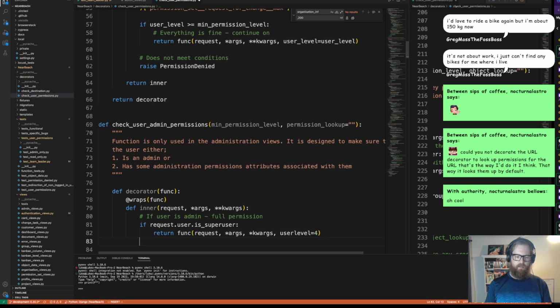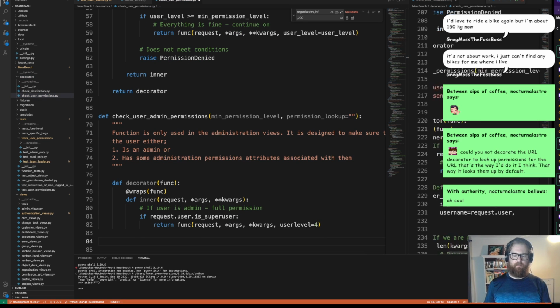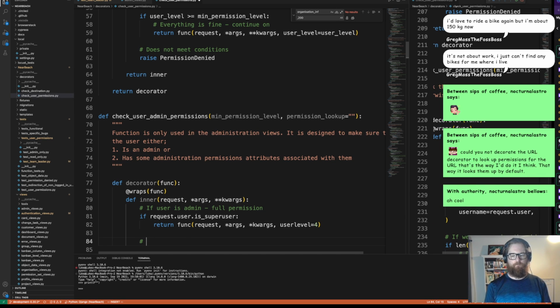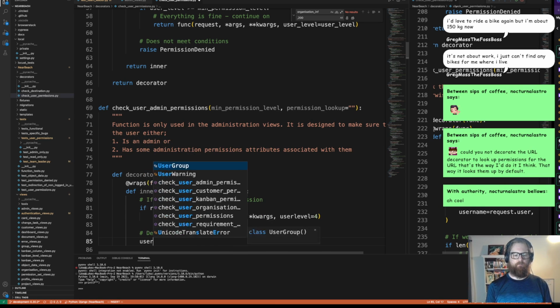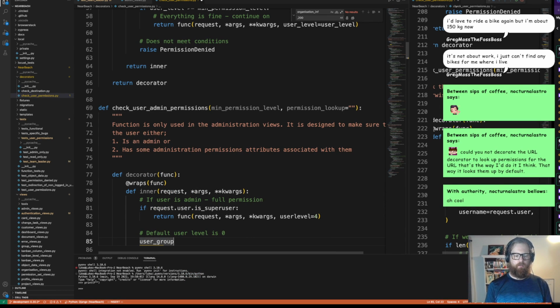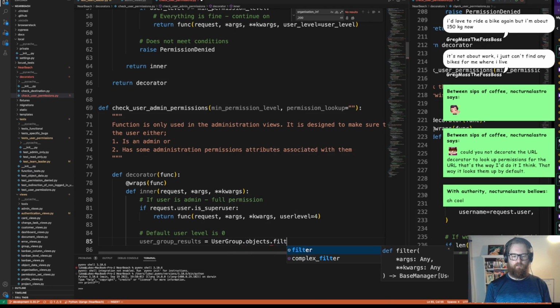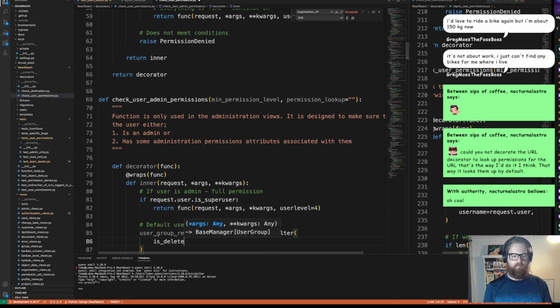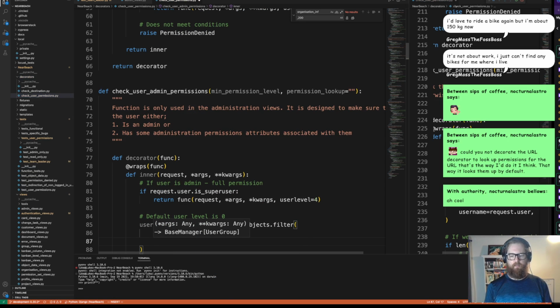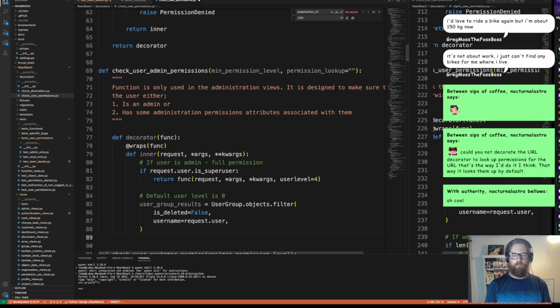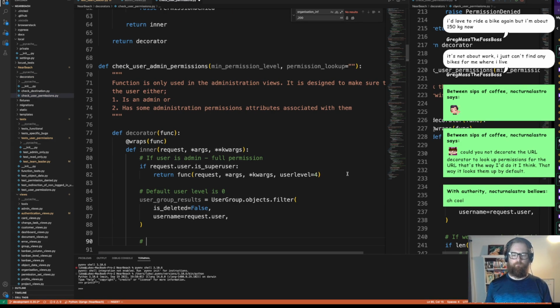Got a mistake right there. Sorry, the next thing we want to do, okay, default user level is 0, of course. So user group results equals UserGroup.objects.filter(is_deleted=False), and then we need the username equals request.user. All right. From here, now